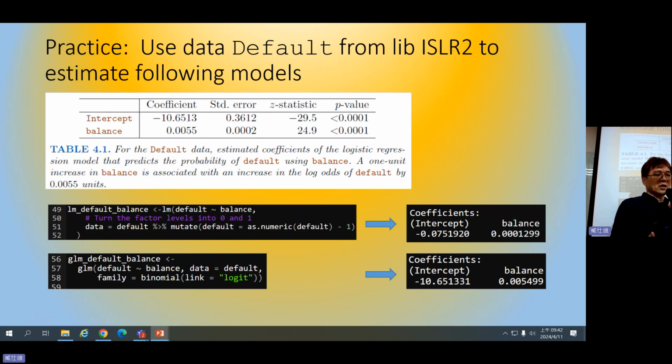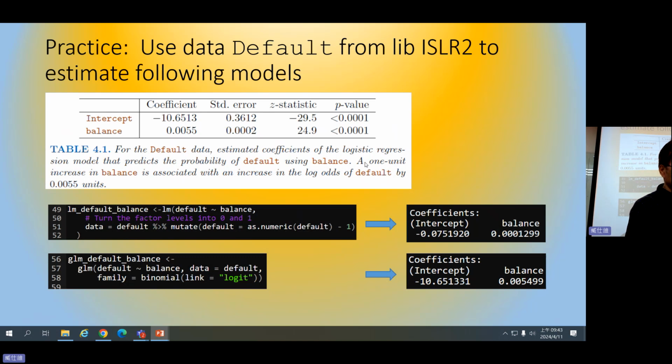But in this case, we are also considering the non-student data, so here we don't include the student or non-student status. So you can see in table 4.1, we just run a very ordinary regression here.